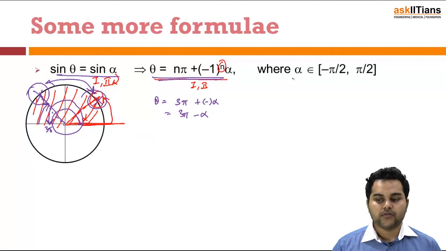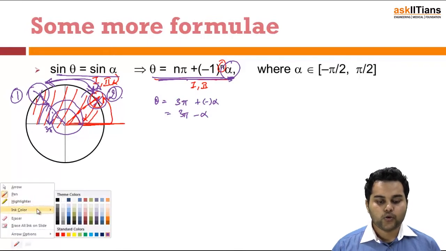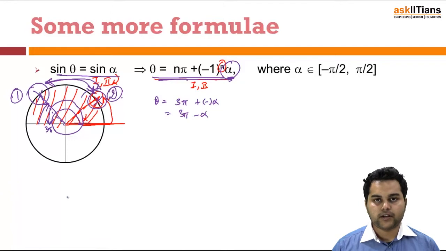Now, in terms of the range where I can find the value of alpha, see, that is a very general equation. What would the value of alpha be? I have to take out the value, because I have already seen that I am getting two values, one in the first quadrant and one in the second. Hence, how can I finalize the value of alpha? There has to be a particular range in which my alpha should lie, so that there is no difference if I am calculating the value in any part of the world. So there has to be a set of rules defined for it.